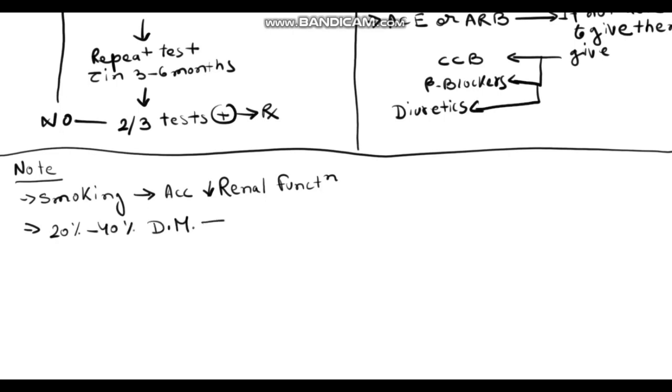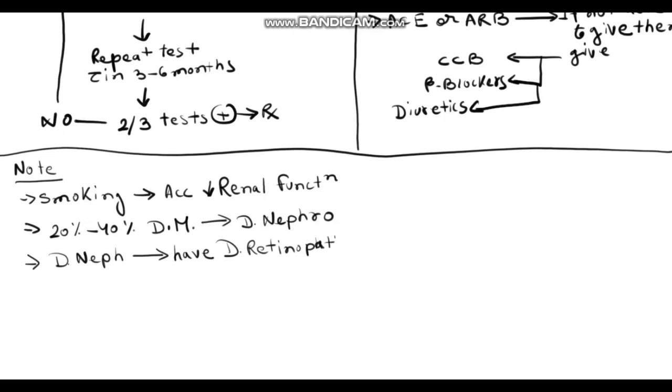The second point to be noted is 20 to 40% of all diabetic patients land up with diabetic nephropathy. It's not that everybody will land up, but 20 to 40% will or may. Then people who have diabetic nephropathy almost always have diabetic retinopathy, but not 100%. The fourth point is, in this condition there is mostly type 4 RTA, renal tubular acidosis, which may cause hyperkalemia and acidemia if not managed properly.